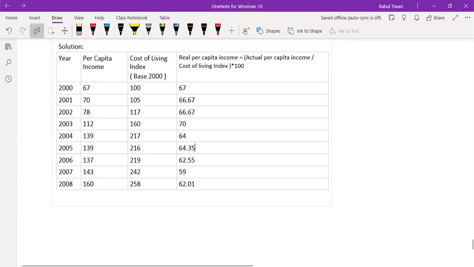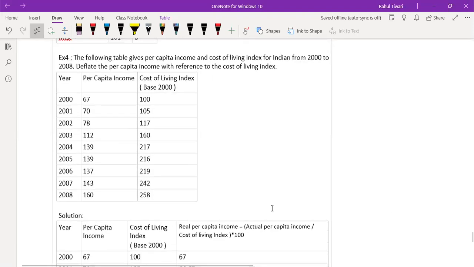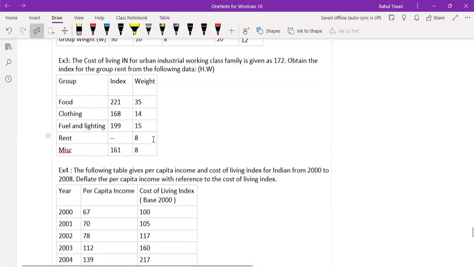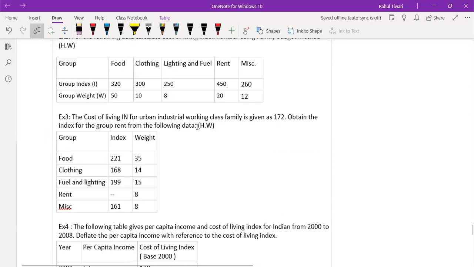Done? I hope everybody got the same answer. So you can just take a screenshot of these two problems, problem number 2 and problem number 3, and show it to me the next time. Okay? Show it to me the next time. And then next class, hopefully next week, I'm going to finish your